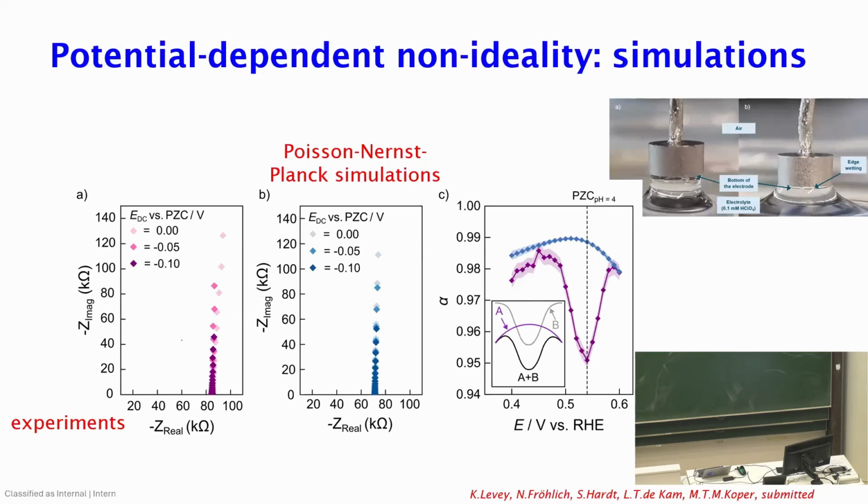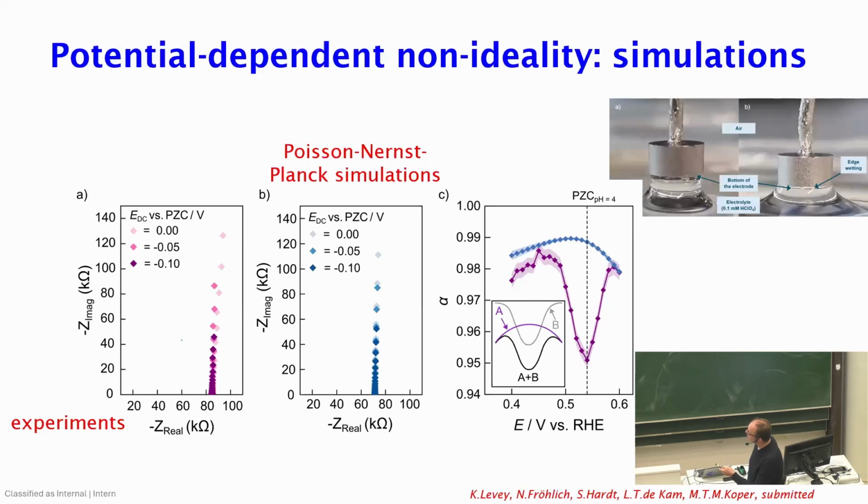So we came to the conclusion that there must be something more. One thing that we think could explain this is the way we do these experiments. This is a single crystal, and we make this hanging meniscus. We think that this hanging meniscus, especially around the rim here, has some kind of electrowetting. So the structure of this meniscus is presumably potential dependent. And this is what we currently think is causing this